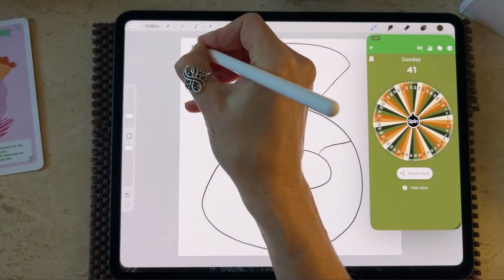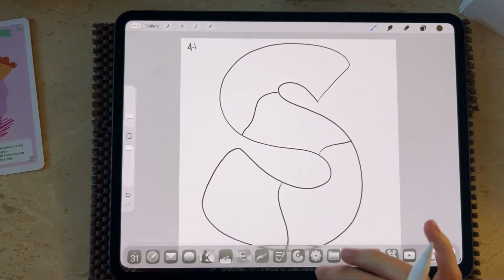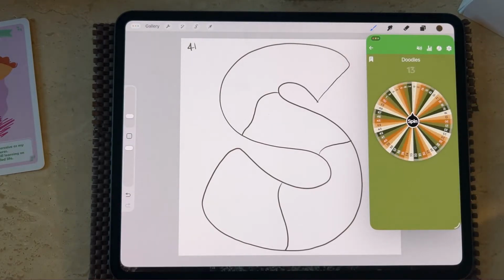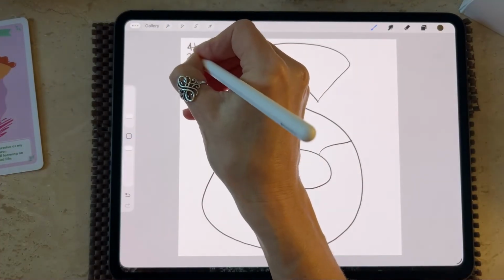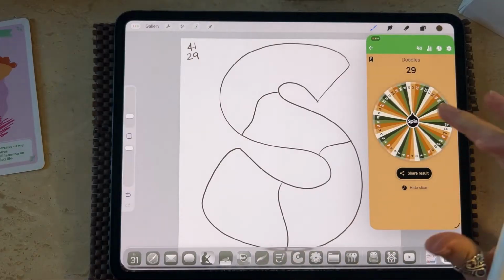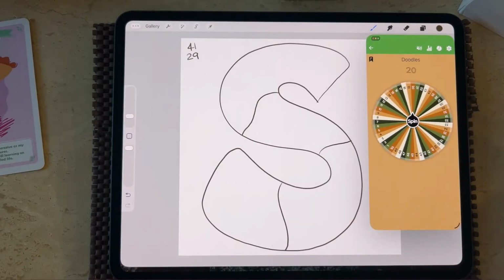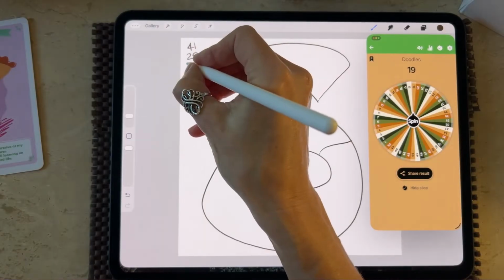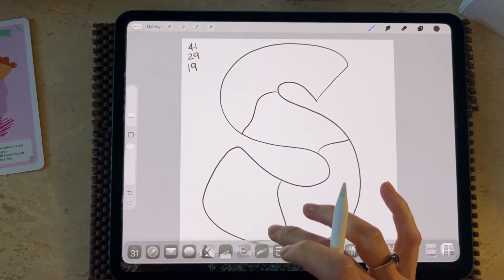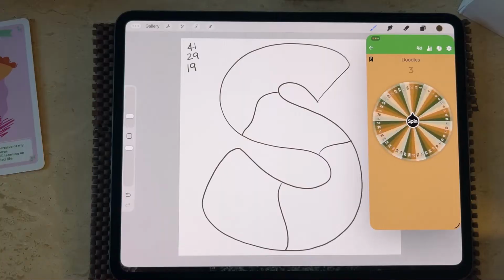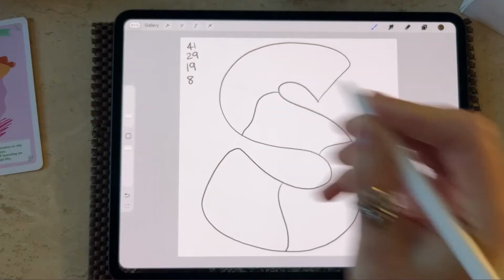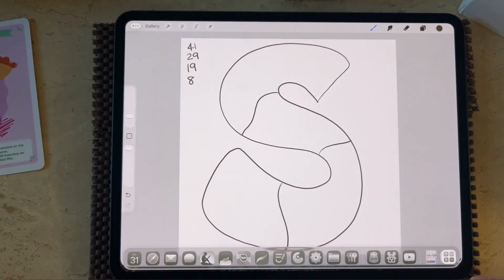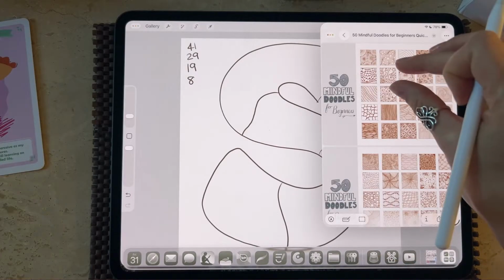Number 41. 29. 19. And 8. Okay, so those are the 4 different patterns we're going to be doing today, and let's see which ones they are.